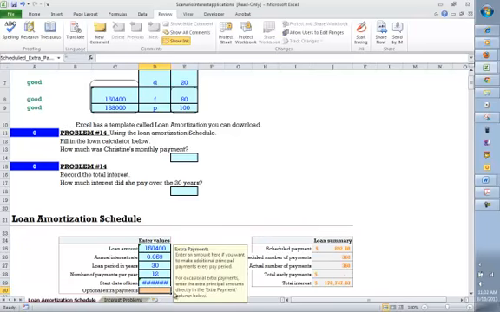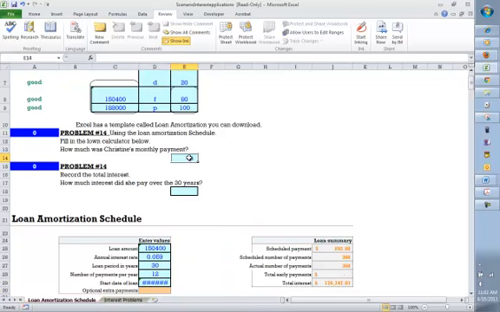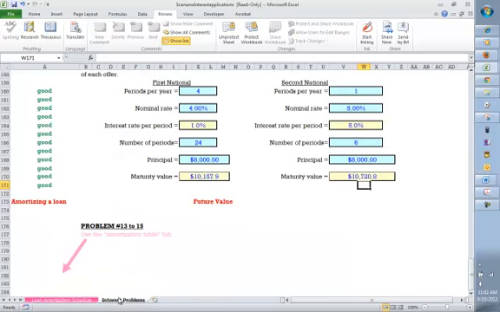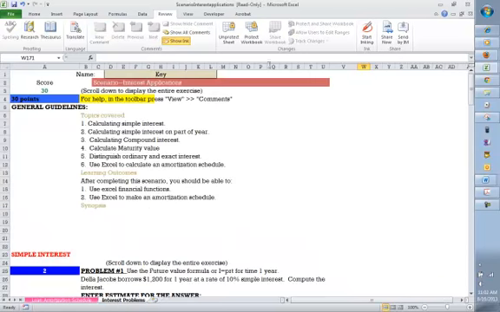And her payments are $892.08, and she pays $170,747.83 in interest. If you are done, your score will be 30 out of 30, and so you can see